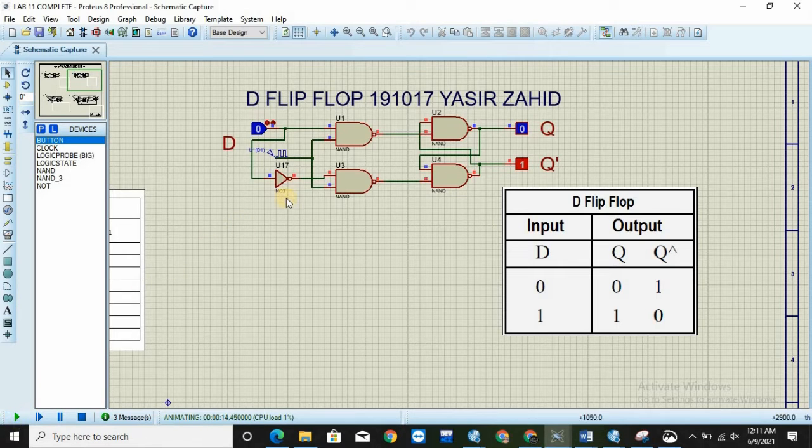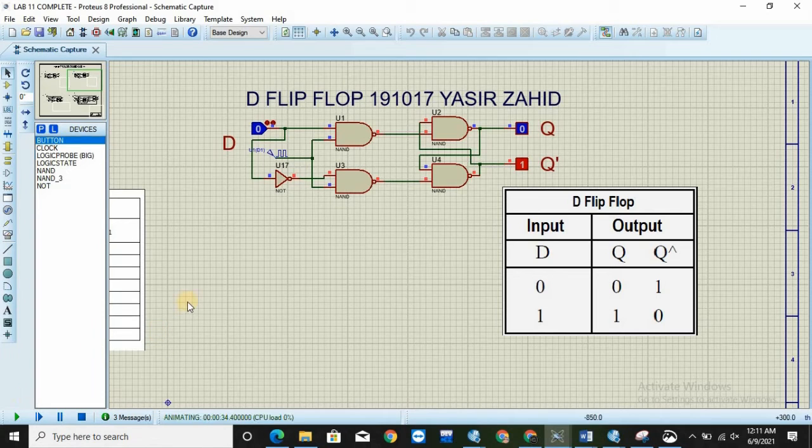Now simulating this, this D part will give us a delay in our output. Now if I turn this on as it is, we are getting our Q as 0. Whatever is at D is at our output. At D we have 0, so we have got at our Q 0. At D if we have 1, at our Q we have 1, and these are the only two conditions we can have here, 0 and 1, just as our table says, with a delay of 0.5 seconds because I have set this frequency to 0.5 Hertz.